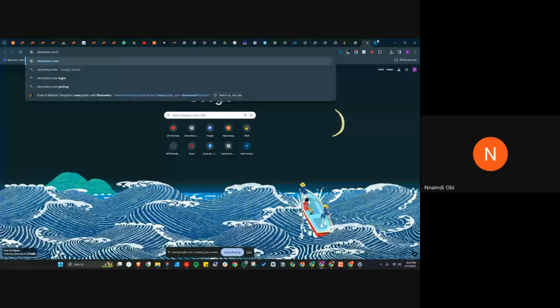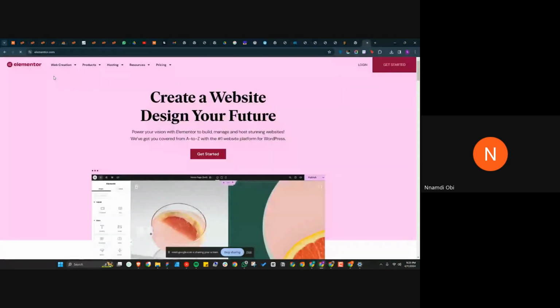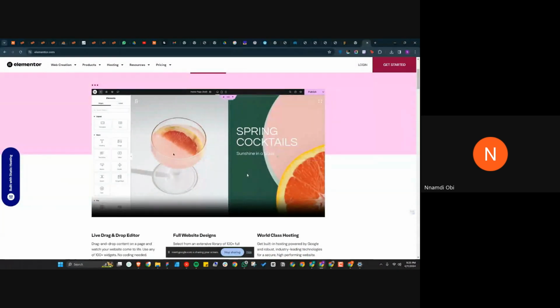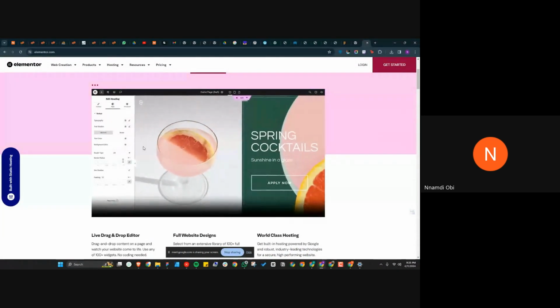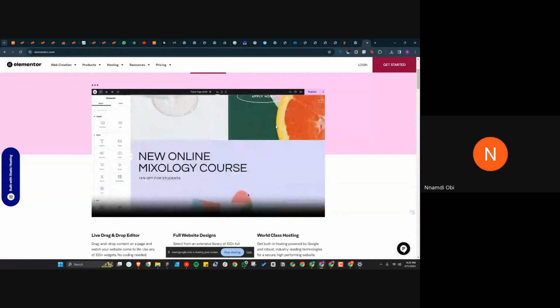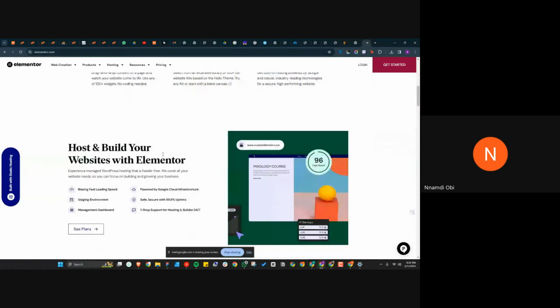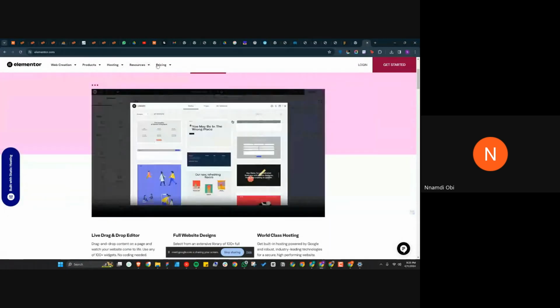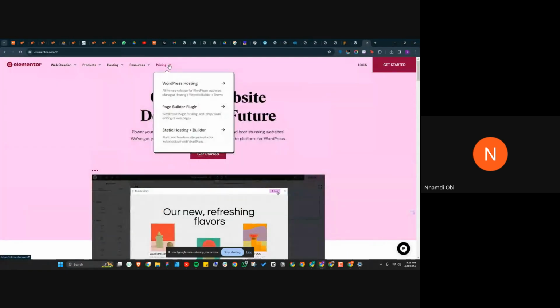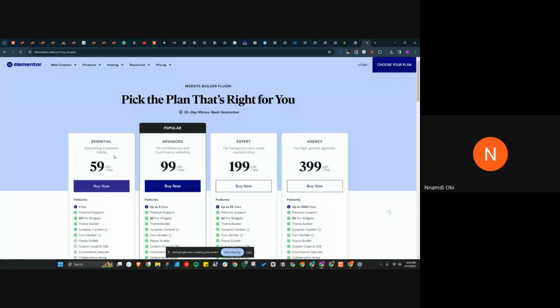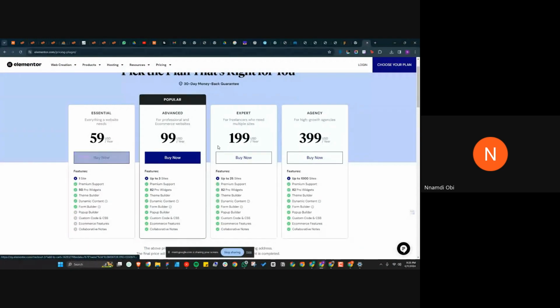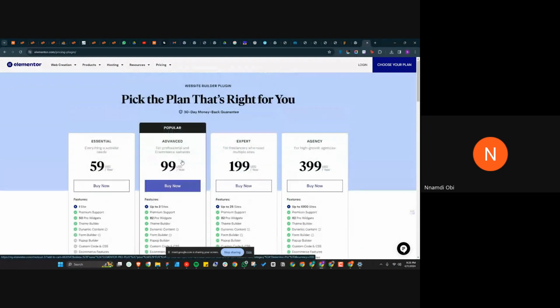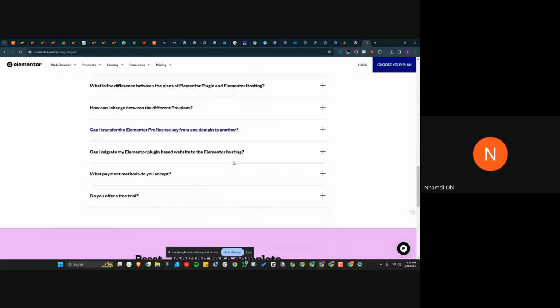Elementor.com. So Elementor.com allows you to edit websites, right? So adding of text, it is just a drag and drop plugin that allows you to edit websites. You can add images, animations to your website, various things, forms, all of that. You can host your website completely on Elementor, or you can just buy the plugin. So if you're building for one site, you are paying $59 per year. If you're building for 20, no, sorry, this is their